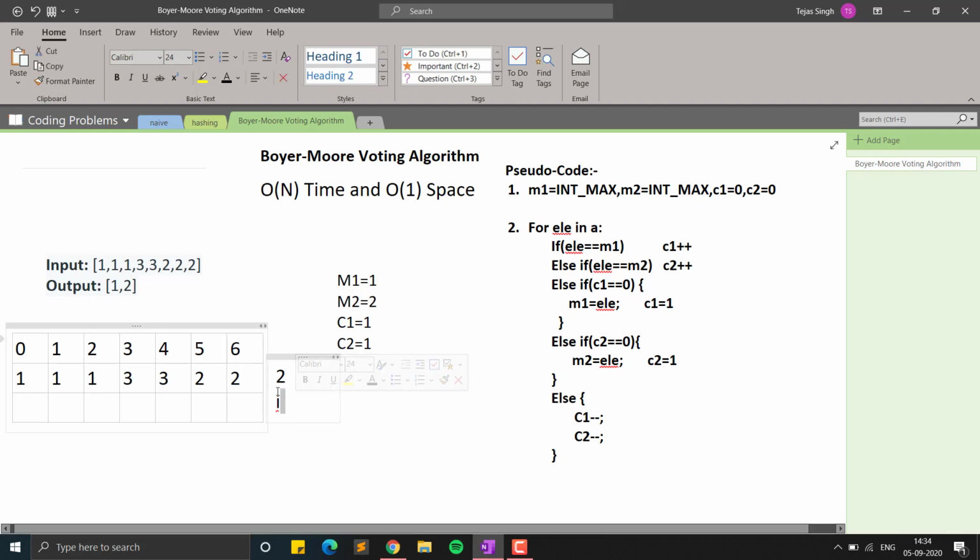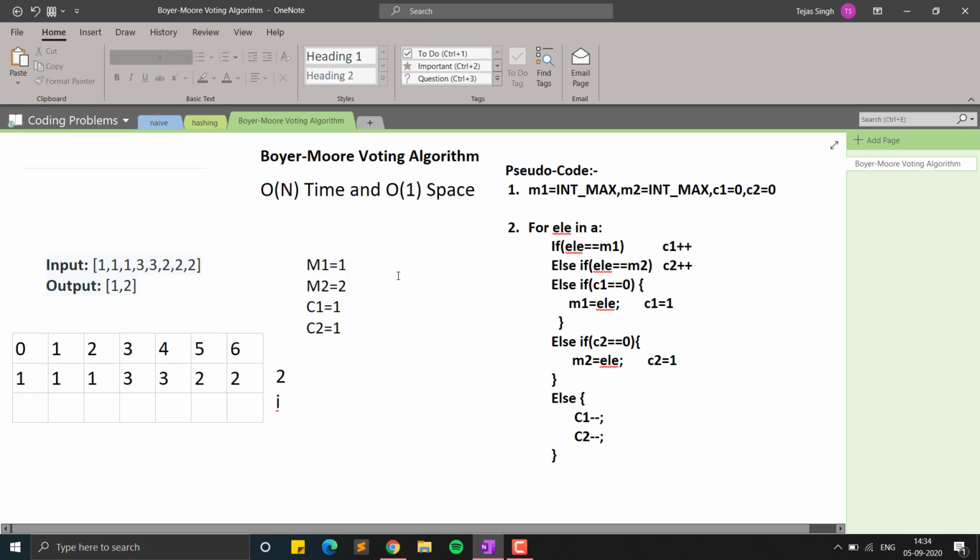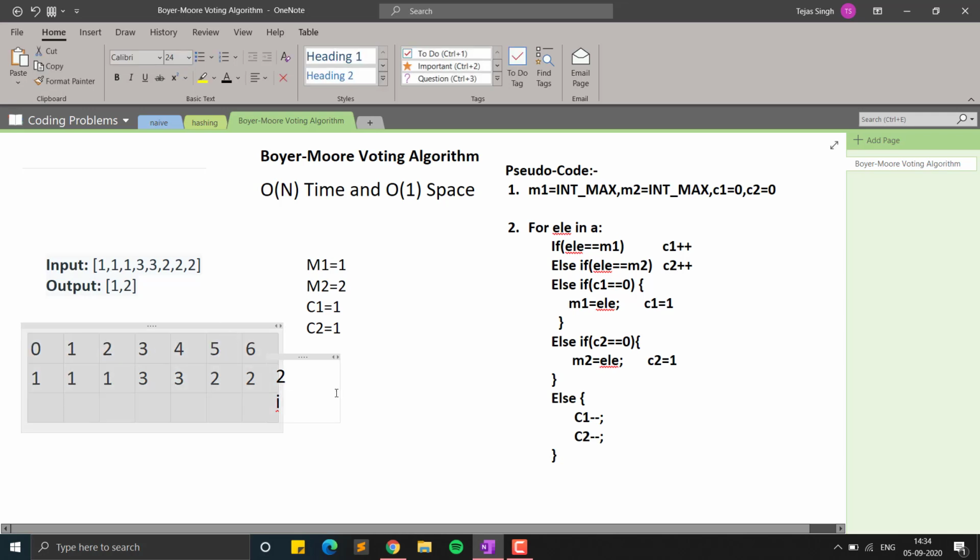So now you can see I has iterated to the maximum index that it could. So now we have got our answer. So this is the majority element 1 and majority element 2. Afterwards we have to check if it is the majority element or not. Maybe sometimes the array won't have any majority element and you will simply iterate. So to confirm that, we will again run a loop and we will count the instances of it.